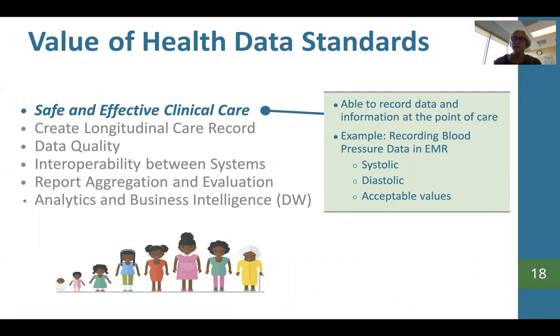And you can think of an example here of recording blood pressure data in electronic health records. There's 2 numbers, a top number and a bottom number is what we refer to them as. The top number is systolic, the bottom number is diastolic, and there's values for each of those numbers. Obviously, there's acceptable values, which are what we normally see clinically. So it would be rare on a diastolic value to have a value less than 40, because that would probably mean somebody is fairly ill.